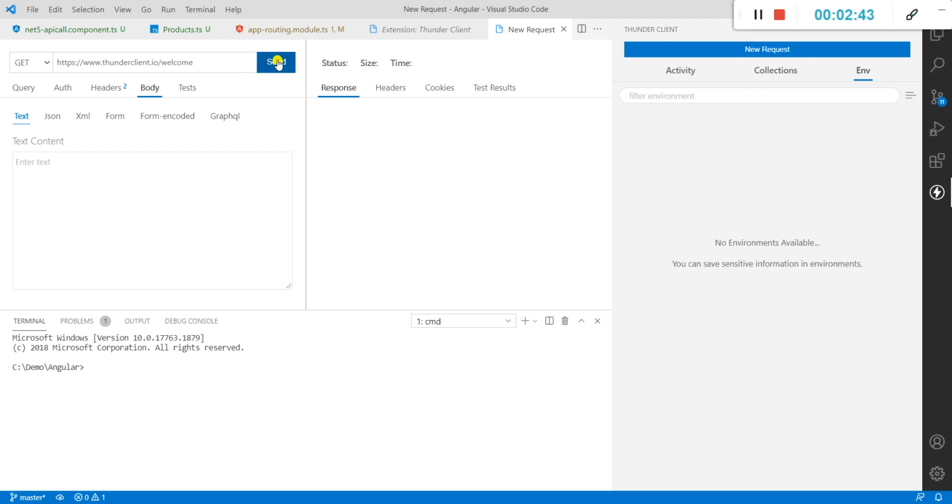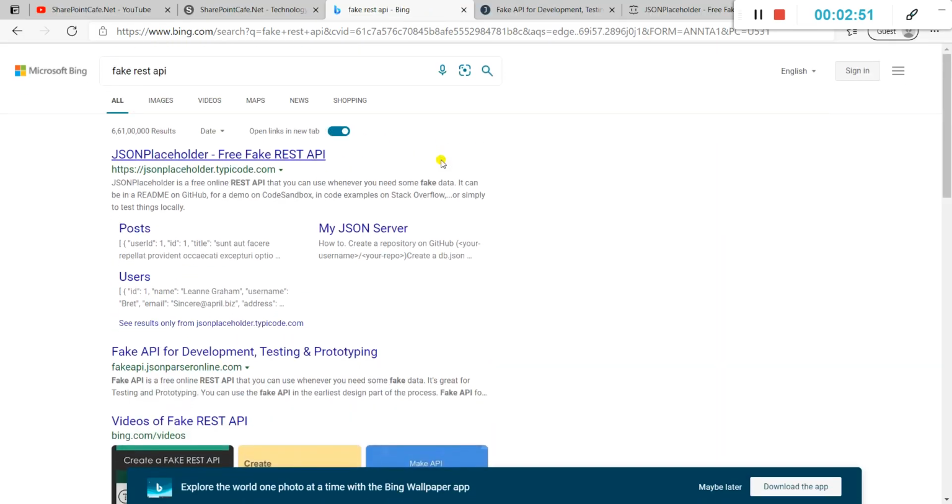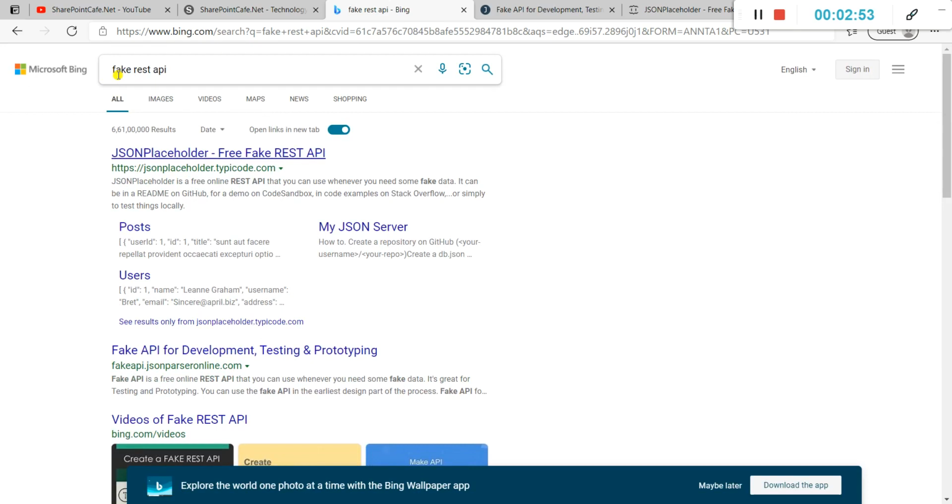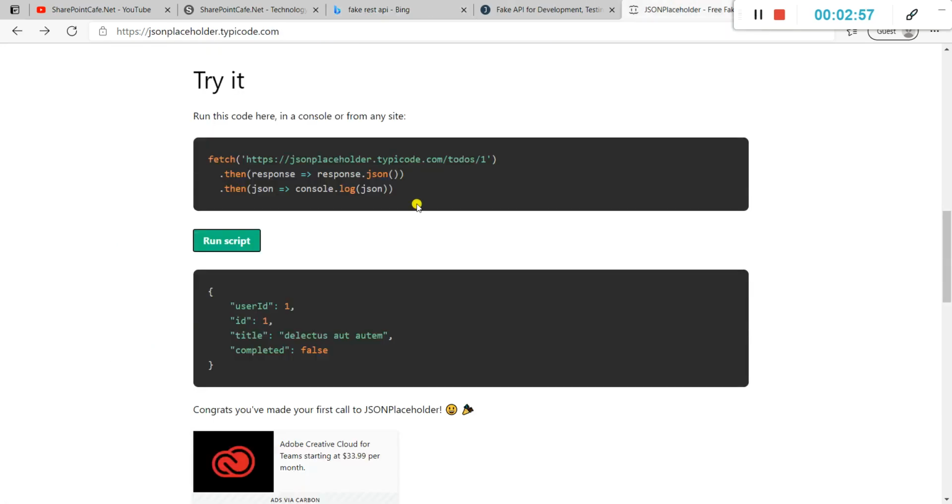So to test an API, we'll go to Google and search for some fake REST API to test. In Google or in Bing, you can search for fake REST API. Click the first link, and I will come here. Copy this link.